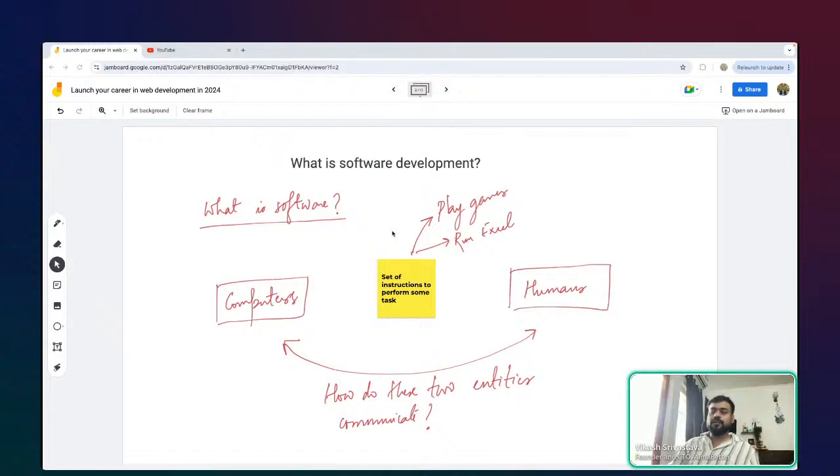But let's say if you want to build web applications, you would want to use JavaScript. So software development is the field of developing software, where I can write that software in a single language or in multiple languages, and that is what it is primarily.